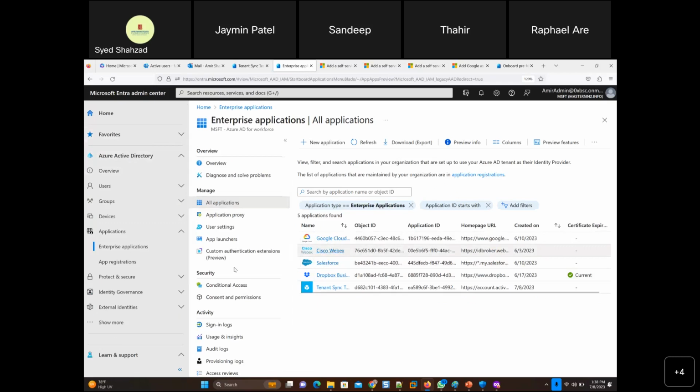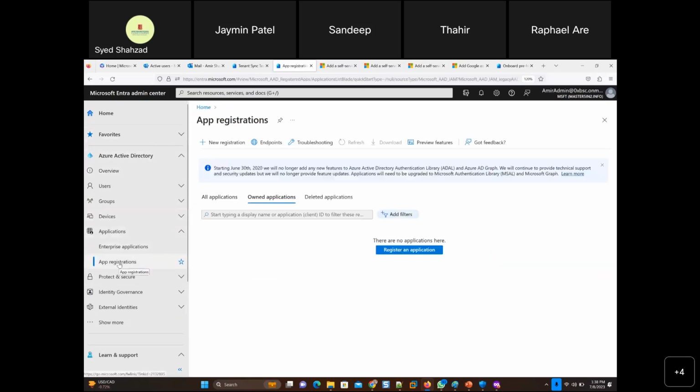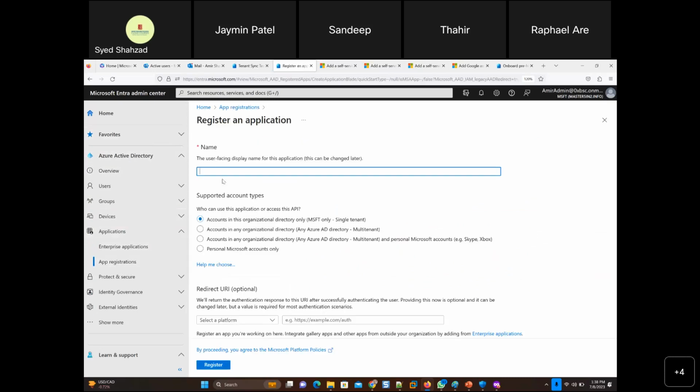So you have to build a bridge for the application to communicate with Active Directory, get authentication, and do its task. How do you do that? There's a thing called app registration here. And in app registration, you go for new registration, and then suppose it's the application service principal.